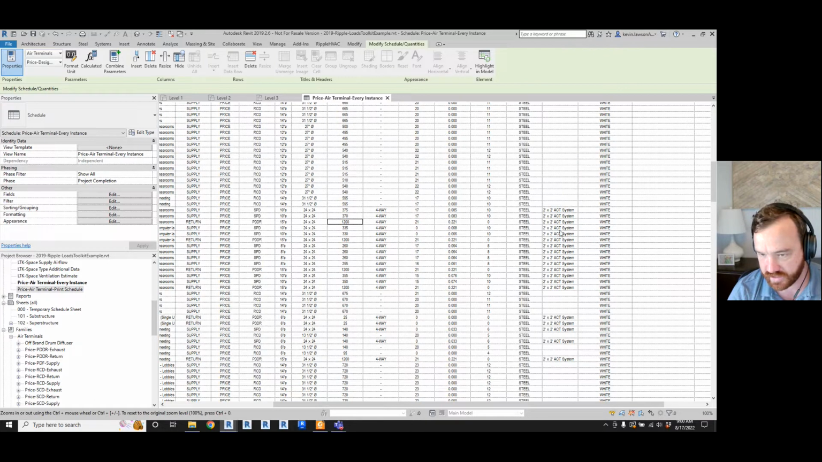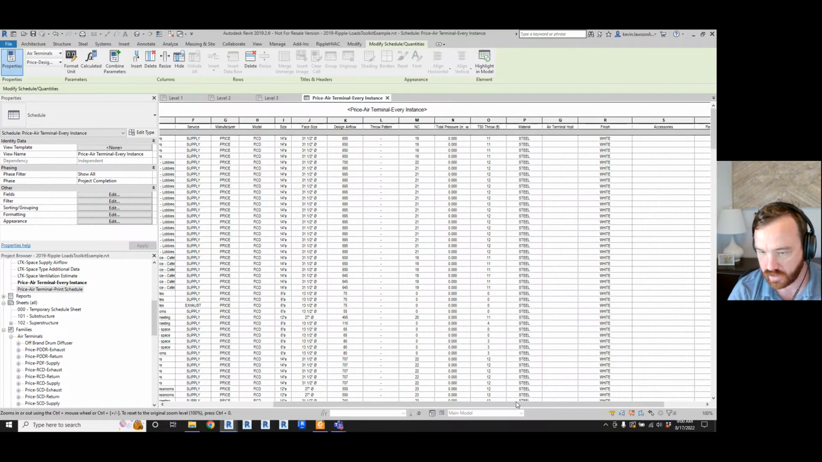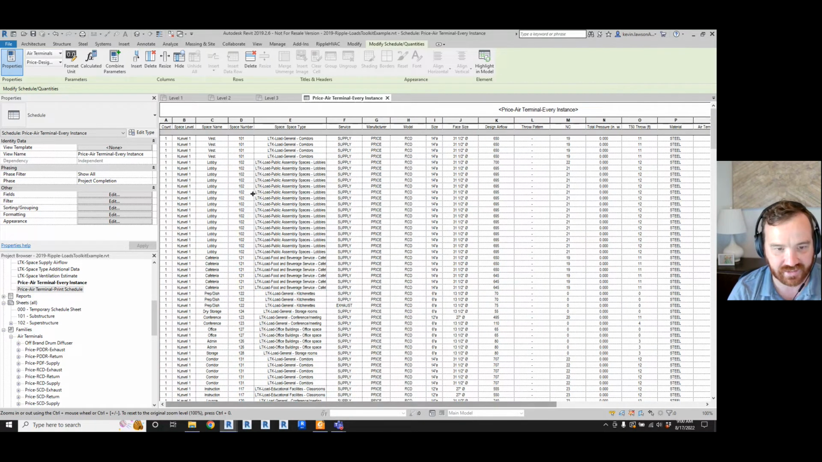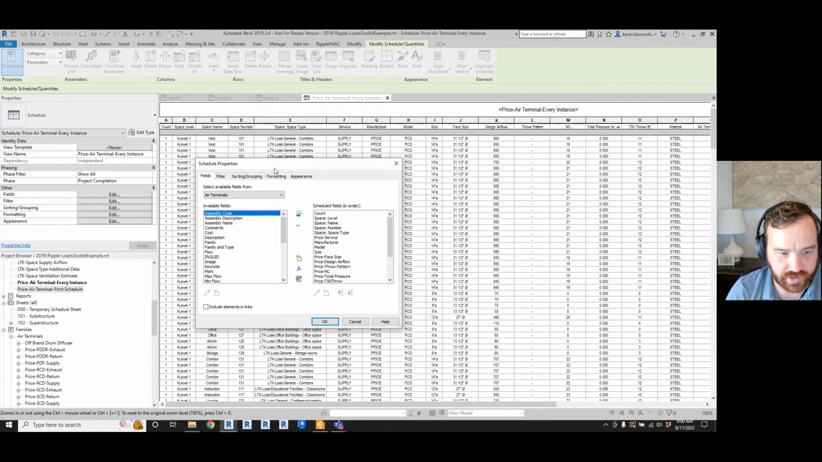The other cool thing it does is it writes your host to the diffuser, so you could schedule the host on the diffuser. And since you use the loads toolkit and now your spaces go up to the ceiling, now you could schedule the space that the diffuser is in alongside the diffuser. And this is helpful for one reason that I really like: